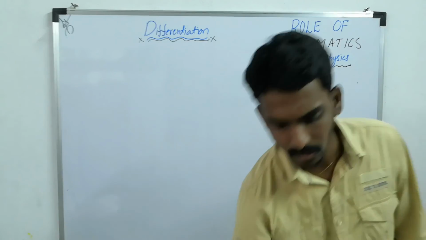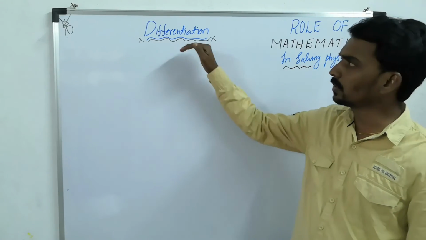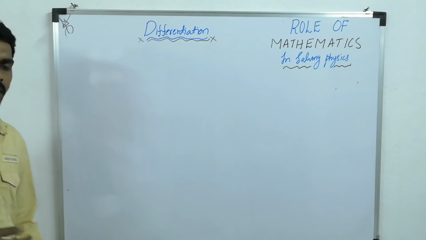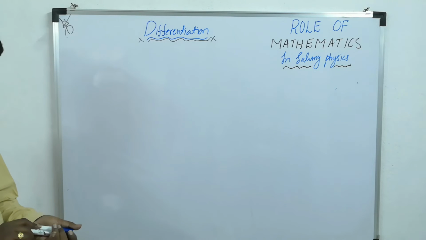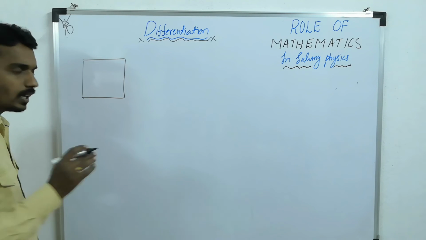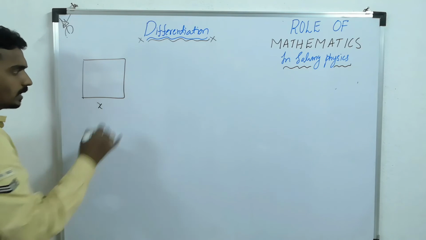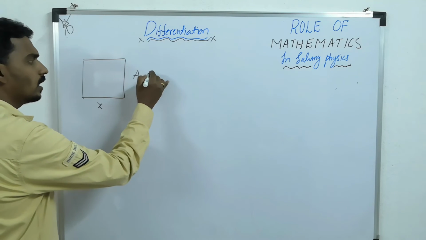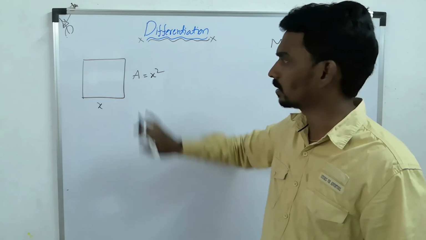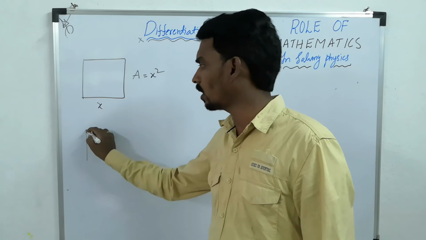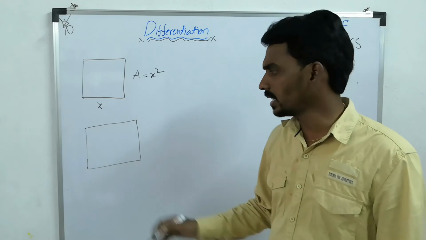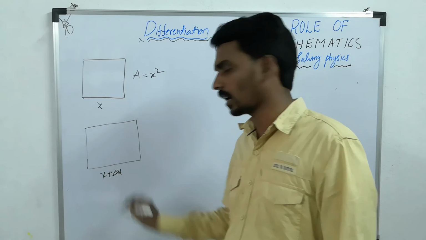if we take this differentiation, one single formula, then you will understand the meaning of differentiation in a better way. That's why let us try to understand the derivation by considering a square. Consider a square frame having side length x. Then what is the initial area? x². So the initial area of the square frame is x². Now suppose the side length got changed. It increased by delta x.